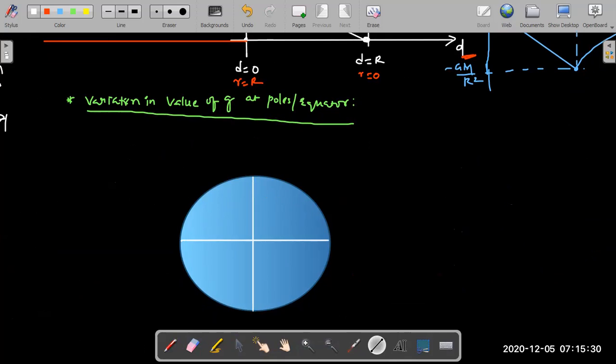So exaggerating the situation. Are you getting this feel? It's an oblate, flattened spheroid. Yes, it's spheroid shape. The thing is that